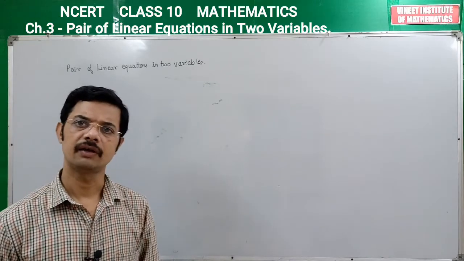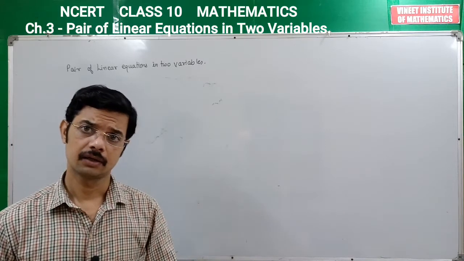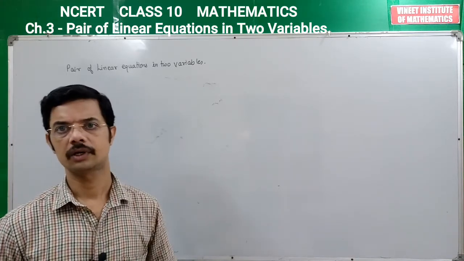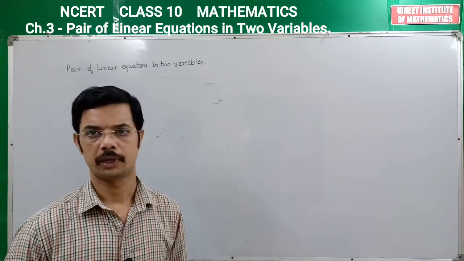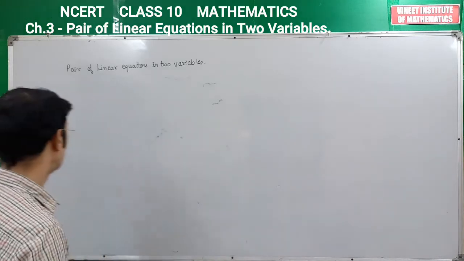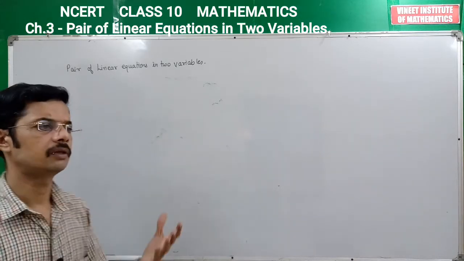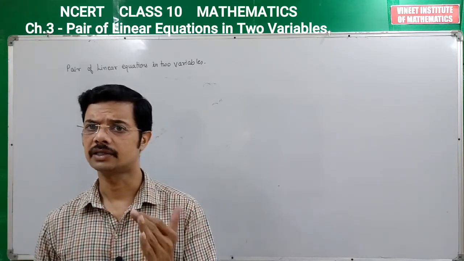How to identify whether the given lines are intersecting, coincident or parallel. How can we identify whether the lines are intersecting, coincident or parallel? Okay, so how to identify? Just by looking at the coefficients, or comparing the coefficients of the given lines, we can identify whether the lines are coincident,